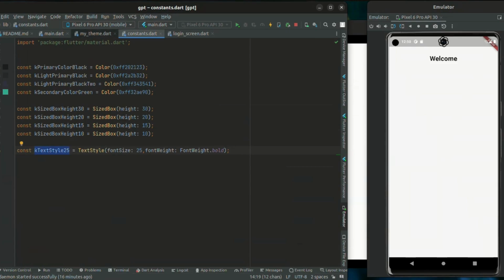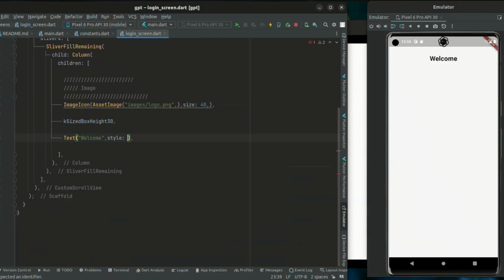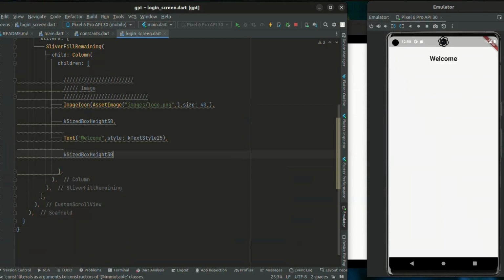So I'll copy this, bring it all the way here, close this for now, and then paste it here. And then we're good to go. We save, we still get the same thing. We don't get any error from there. From there, what we're going to do is come up with another size 30 again, and then have